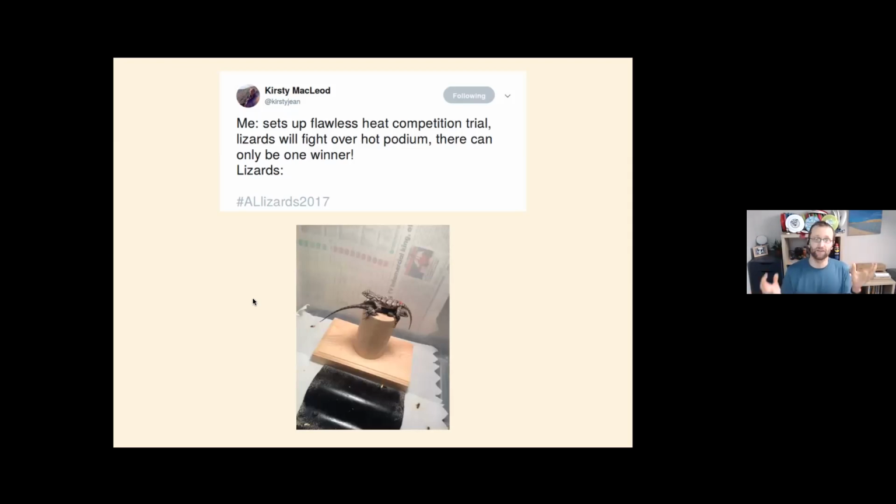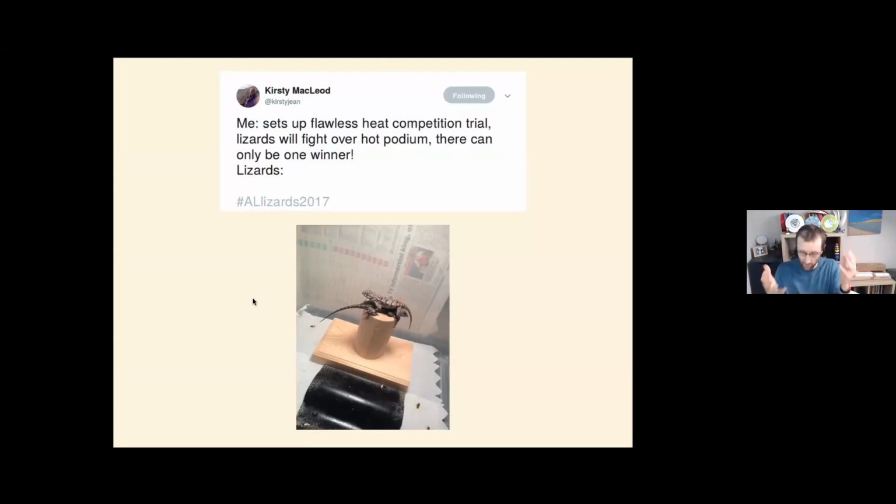So the idea was that you wanted to see this fight, and the situation was put in place to see the fight, and I imagine to see who's going to be the winner. But actually the behavior that emerges from those very simple set of rules is a cooperative one. These two lizards said, well, let's not fight. Let's just lie here and both enjoy the heat, right? And so, I mean, that's a lovely outcome. I mean, not for Dr. McLeod, because no doubt she wanted them to fight, but that is a lovely outcome from the point of view of, look, we built what was supposed to be a very uncooperative environment, but these two lizards essentially just got along